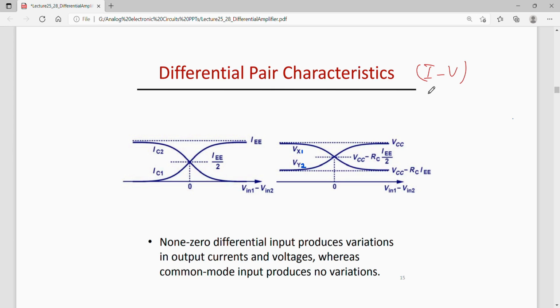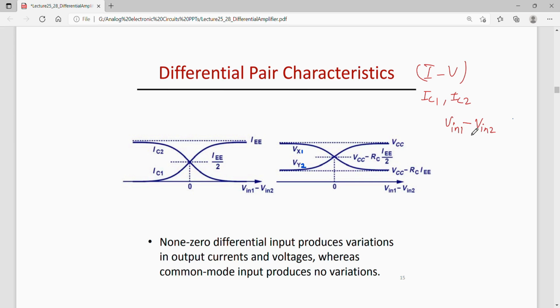In the IV characteristics we are interested in IC1 and IC2 collector currents, and for voltage,